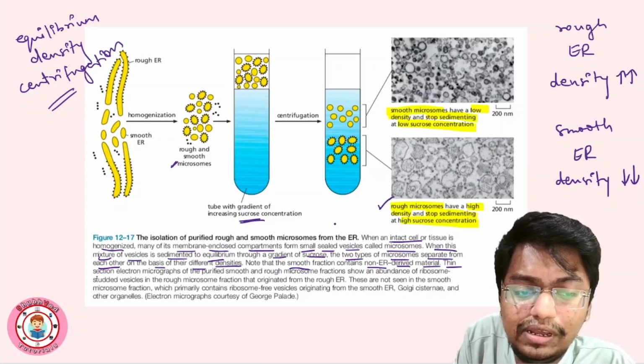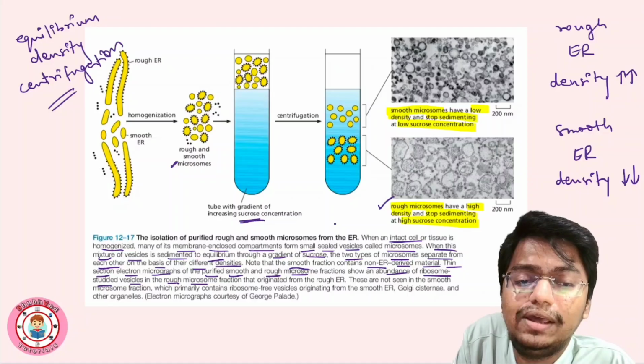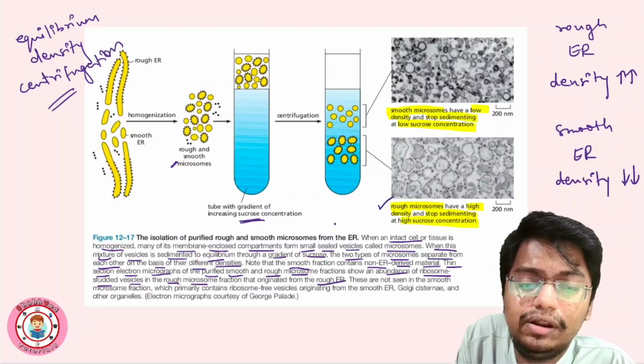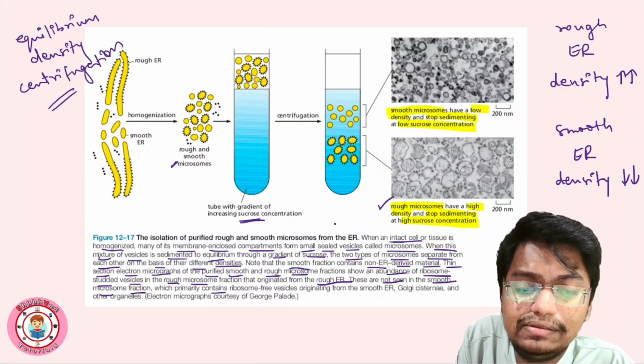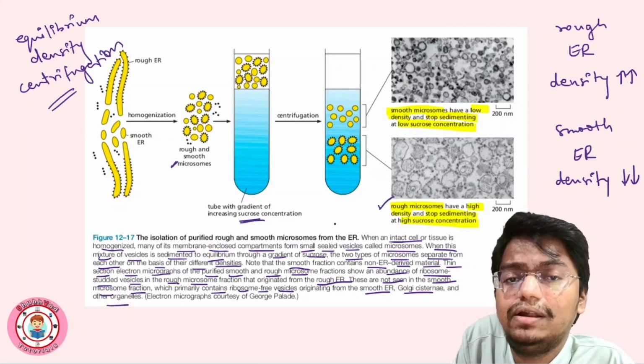Thin section electron micrographs of the purified smooth and rough microsome fraction show an abundance of ribosome studded vesicles in the rough microsome. Yes, जो rough microsome है उसमें राइबोसोम मिलेंगे that originated from the rough ER. These are not seen in the smooth ribosome fraction, which primarily contains ribosome free vesicles originating from smooth ER, Golgi cisternae and other organelles. Right, मतलब rough ER